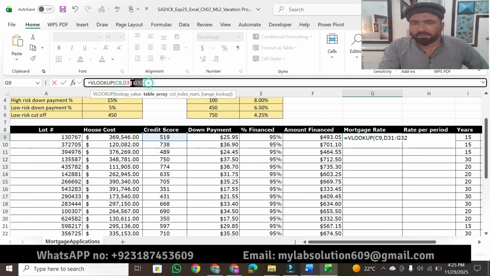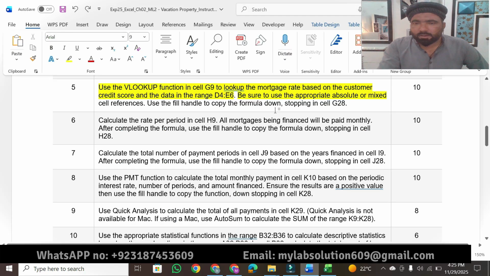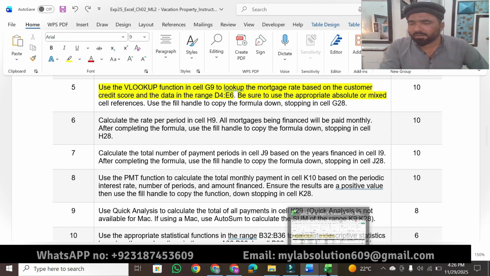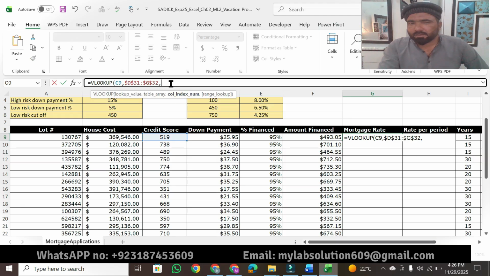Then we have to make that absolute. Okay. Then be sure to use appropriate absolute or mixed cell reference. Use the fill handle to copy. Now we have to give that